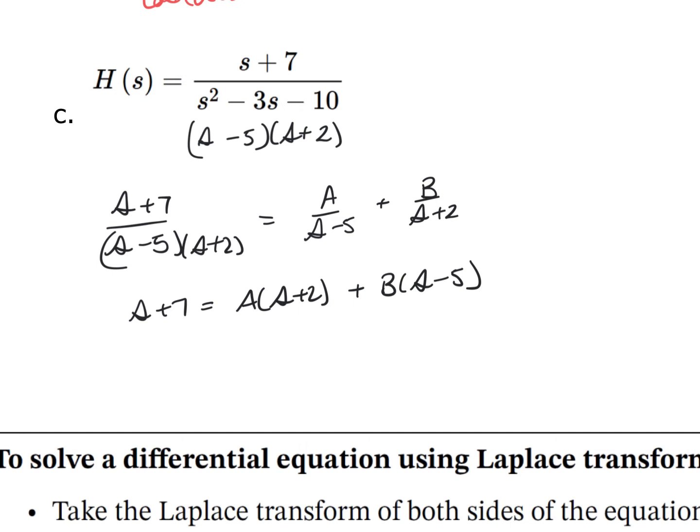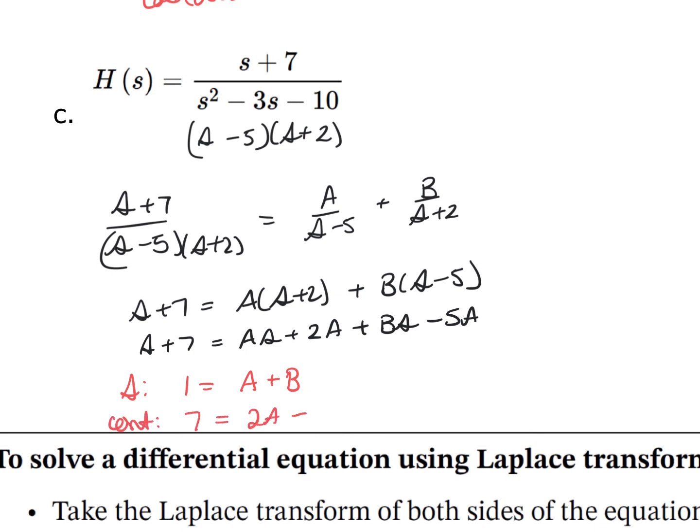Anyways, I digress. So I get s plus 7 is equal to as plus 2a plus bs minus 5b. Starting with the s term, I get 1 is equal to 2a plus just a plus b. And then with my constant, I get 7 is equal to 2a minus 5b. I have two equations, two unknowns, and so I'm going to multiply the top one by 5 and add these together. And when I add these together, I'm going to get 5 plus 7, which is 12